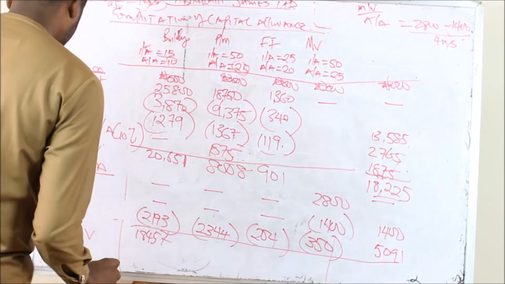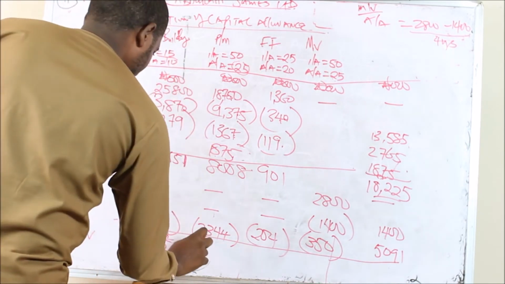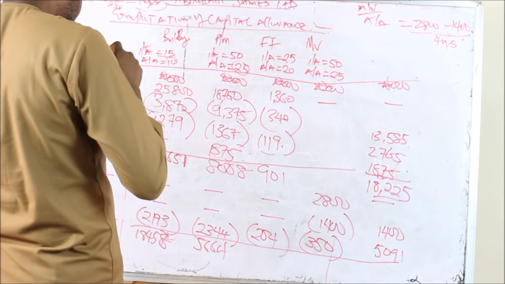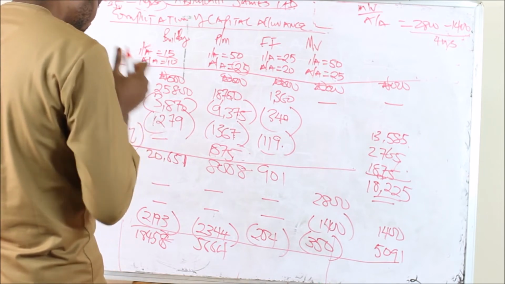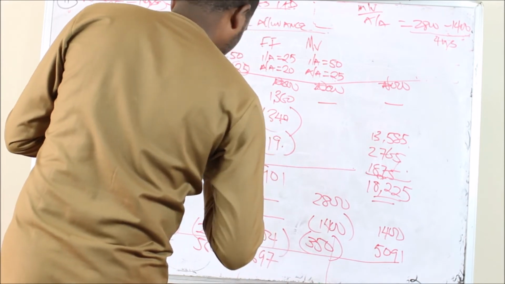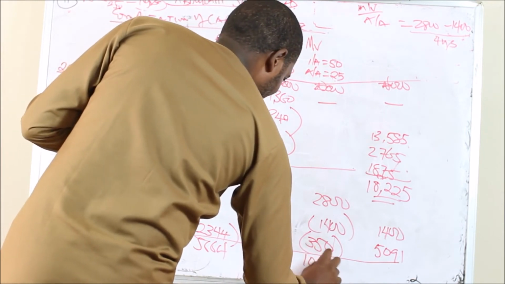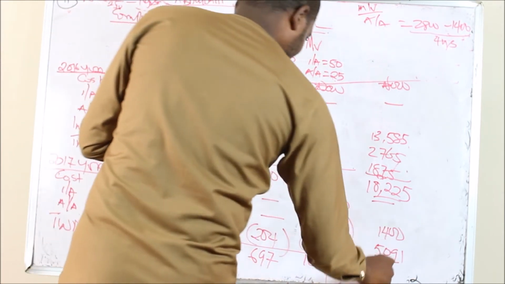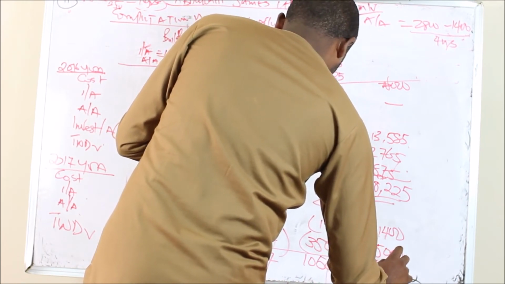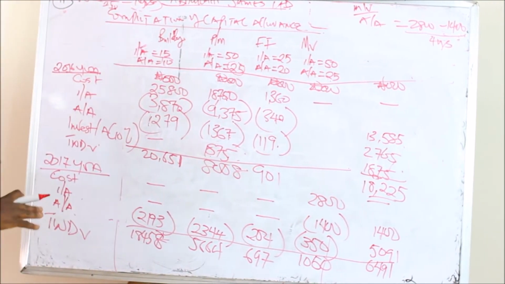18,457, 458. Here's going to give you 5664. Yeah, to give you 5664. Then here's going to give you 697. Then here's going to give you 1050. Then you have the total of here is going to give you 6,491. So that is that. So this is the second year. So now we'll go to the third year.